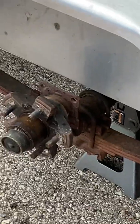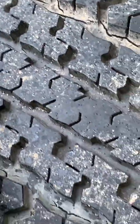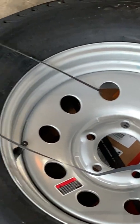So I got the first one off. This thing's a 2014, so yeah, there's gonna be a little rust, but it's not terrible. But these were the same tires that I got with the year I got it, and they're all dry rotted. Begging for a blowout. So I got a new set. Came complete with wheels on eBay. 180 bucks for both of them. Can't really beat that,